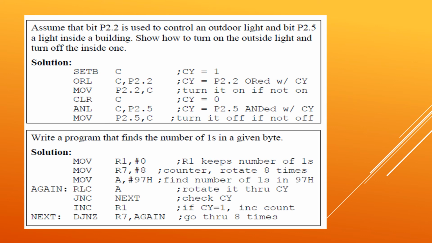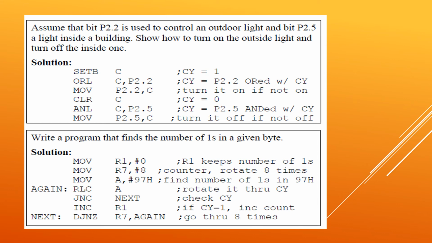Already carry is 1. Now the P2.2 bit is indicating what? The light status of the outdoor light. So we are doing ORing. If it is 0, already the carry bit is 1, so 1 ORing with 0 will become 1. If it is already 1, then also it will remain 1. So the meaning is that we want the outside light 1. Therefore what we have done is an ORing operation with that outside light status bit along with the carry bit, where the carry bit is already 1. So the output will always be 1. What is the meaning of the outcome of this instruction?